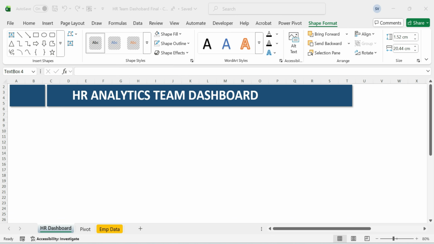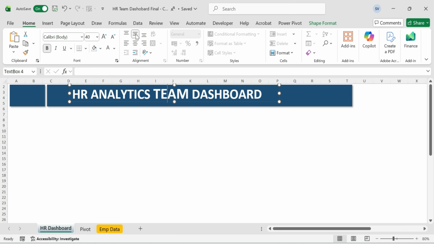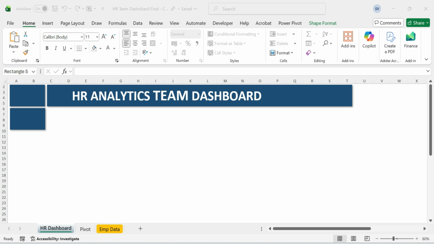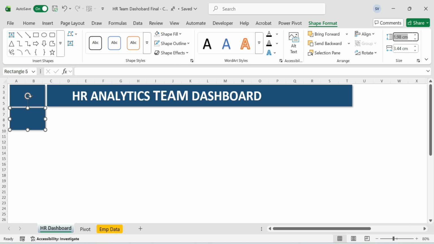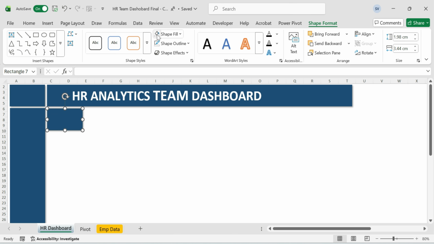Next, creating dashboard frames, main layout structure. Now let's create the visual framework for the dashboard. Start by copying one shape and placing it on the left side as our first KPI box. Adjust its size to height 14.6, width 3.4. Then copy and paste another box for the next section and change its fill color to